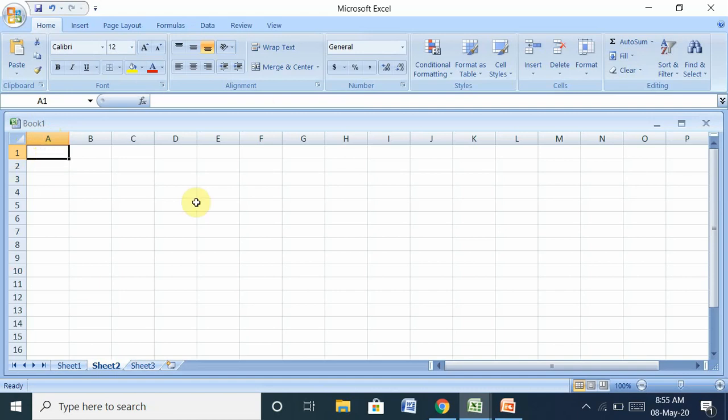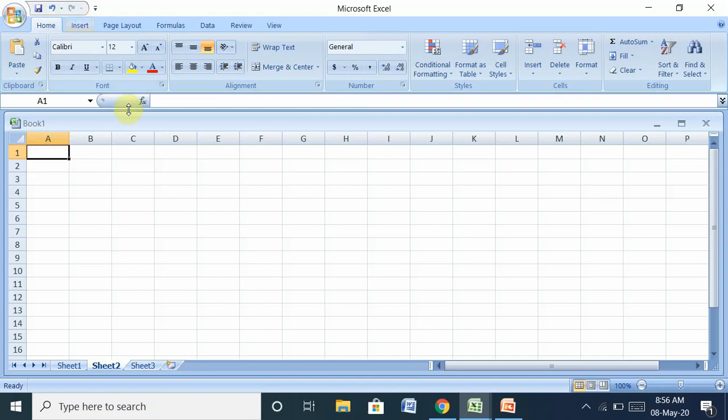Here you look, each column has an alphabetic heading. These A, B, C, D, E are alphabets, so these are columns, at the top. And the numbers 1, 2, 3, 4, 5 and so on are rows. Very good. Next, how many rows and how many columns are on your worksheet? Find it.